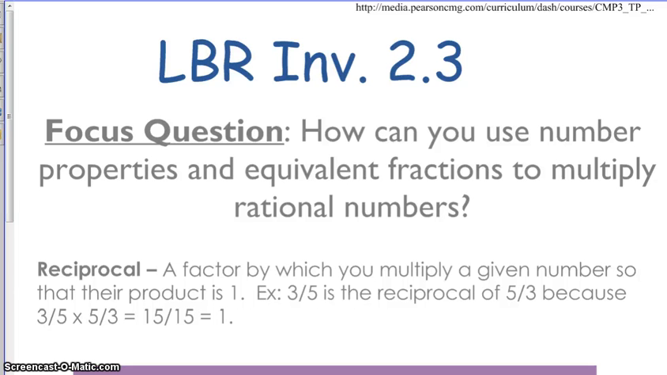All right, today we are going to discuss multiplication of mixed numbers and how we can do that. So